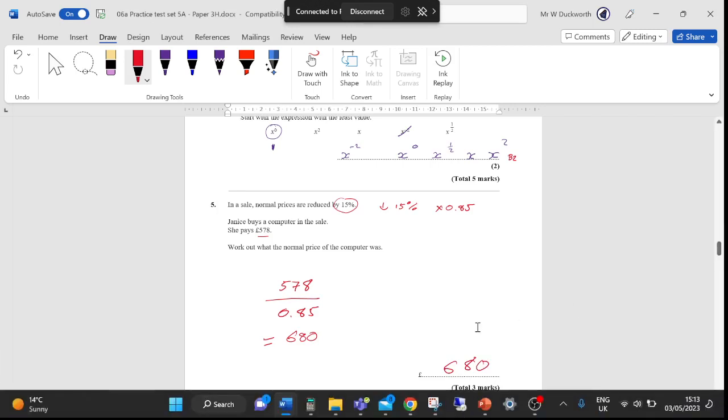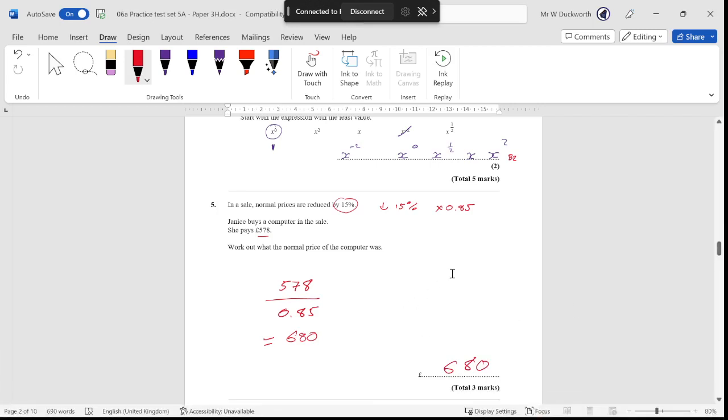And then the 3 marks awarded for this were, if you picked out the multiplier, that would have been 1 mark. So it's like an M1 mark for that, an M1 mark for the division, and then an A1 mark for the answer, for the 3 marks. For question 6,